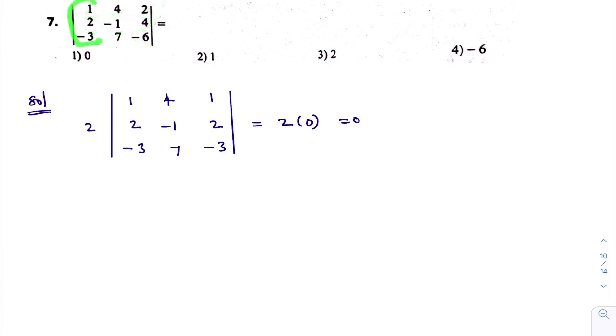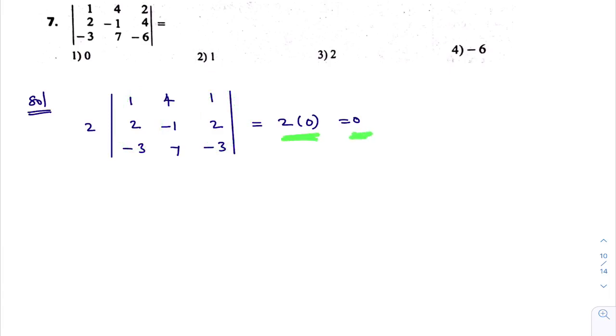You see here 1, 2, minus 3, 2, 4, minus 6 is there. If you observe this, in the third column I can take 2 common. See here, from the third column I took 2 common. These are as it is. Then what will you get here? 1, 2, minus 3. I hope you are understanding. In this determinant, in the third column, I took 2 common, so I got 1, 2, minus 3. Now you observe this determinant. In this determinant, these columns are identical. In a determinant, if 2 columns are identical, then the value of the determinant is 0.